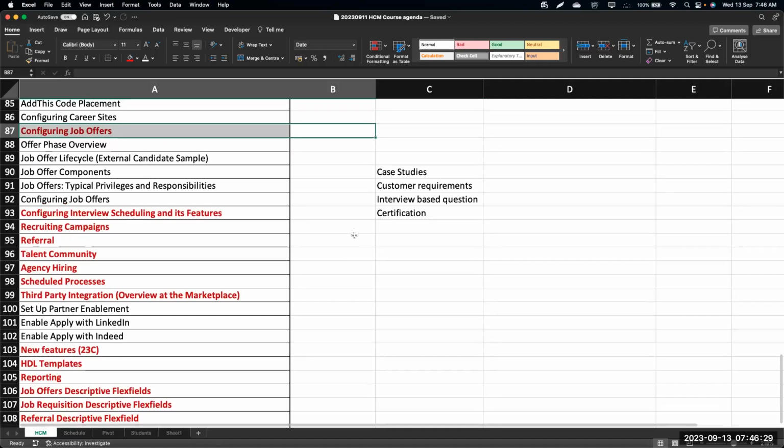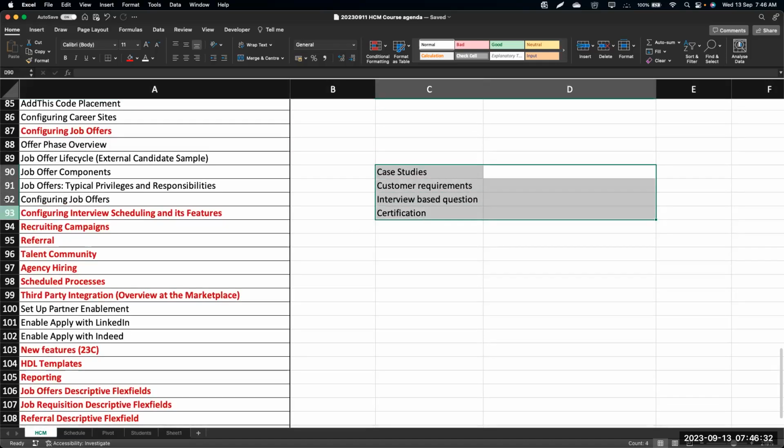And as part of our training sessions, I'll be bringing in a lot of case studies once we go to the core configuration topics. We'll be bringing a lot of case studies based on my past experience and based on other friends' and colleagues' experience. And then we'll be bringing in a lot of custom requirements. Let's say if we talk about CSP, candidate selection process, what kind of requirements can you expect? So we'll be talking from that perspective. And then, then and there, I'll be shouting out these are the topics which you need to focus on from an interview perspective. And similarly, I'll be shouting out on a few topics which are needed from a certification perspective as well.